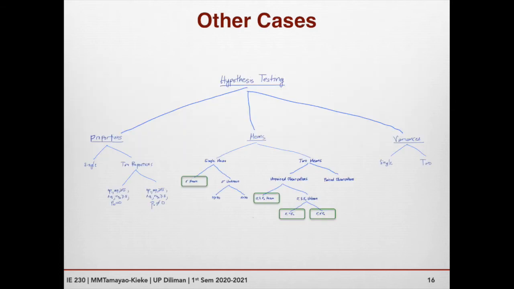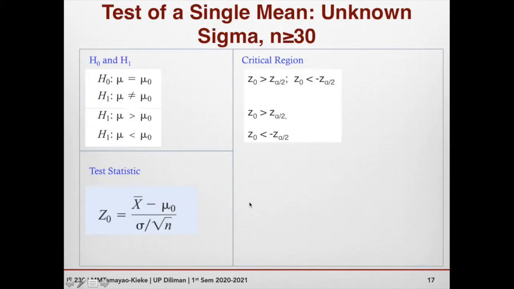So now let's move on to other cases. Let's move on to this branch here where your sigma is unknown. There could be two cases: your sample size is greater than or equal to 30, or your sample size is less than 30. In the case where your sample size is greater than 30, as you can see, we use our